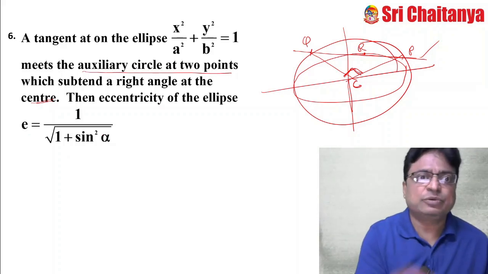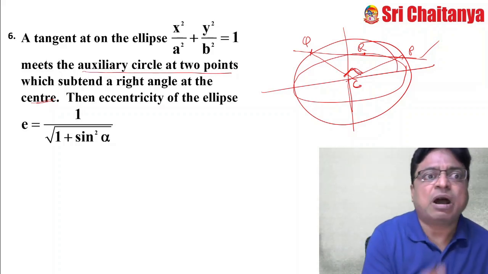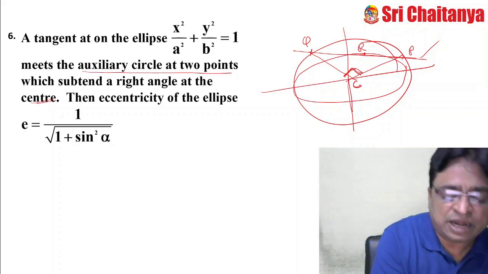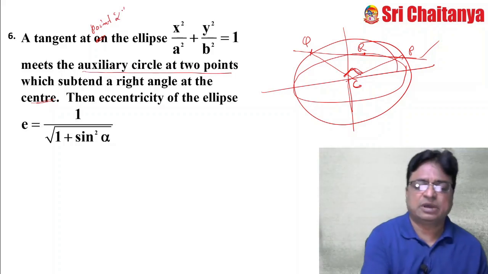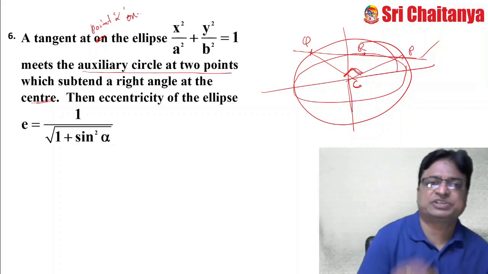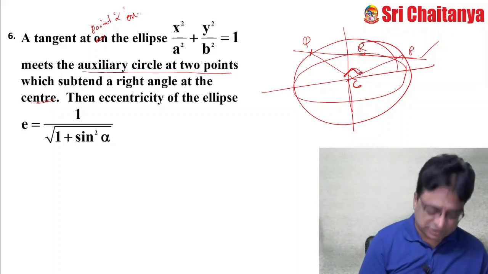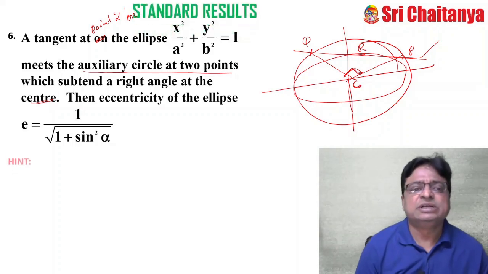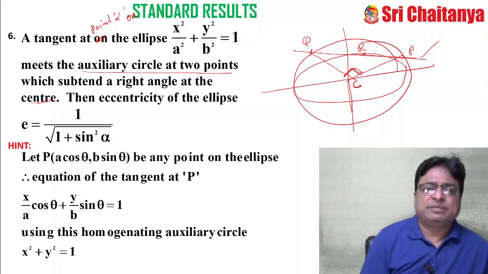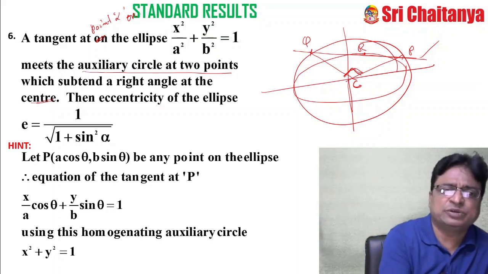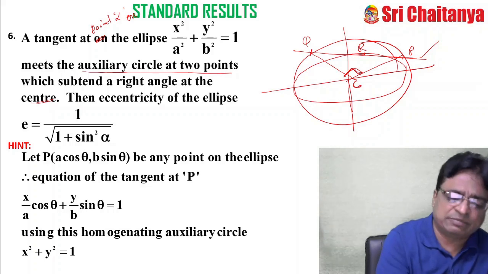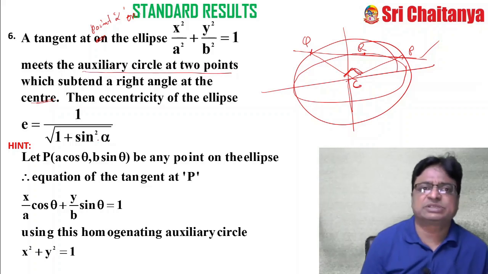Clear? So listen carefully. Or a tangent at a point alpha — I think something has been missed here — at a point alpha on the ellipse. This is the original statement, if I am right. Okay, so now listen. See the hint. I have taken theta instead of alpha, whatever it may be. So if it is theta, then my answer should be theta only. It comes. Okay.